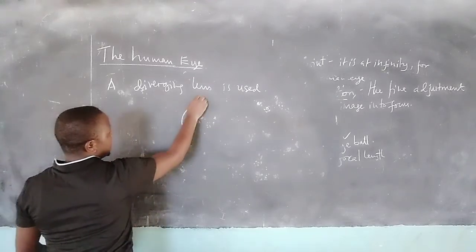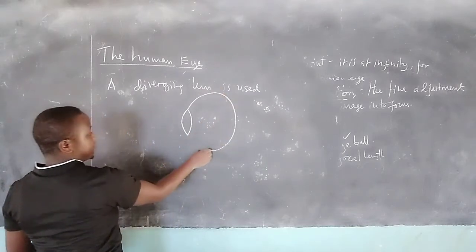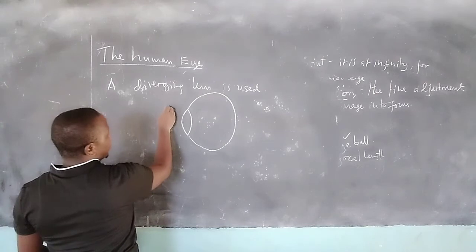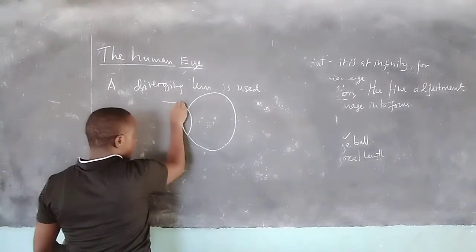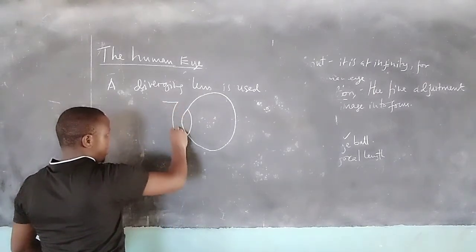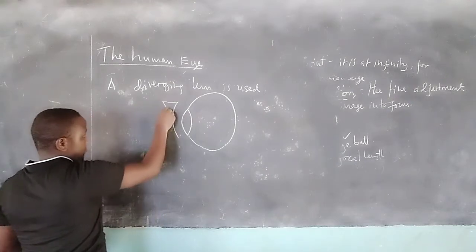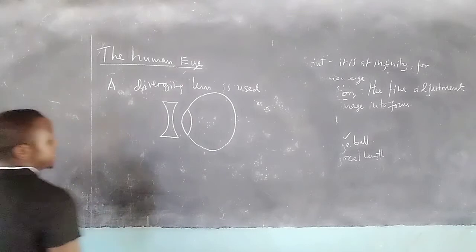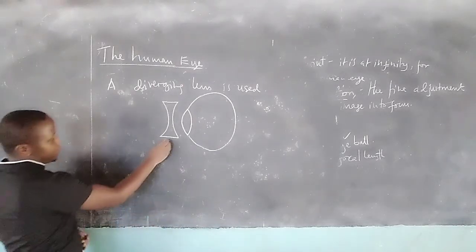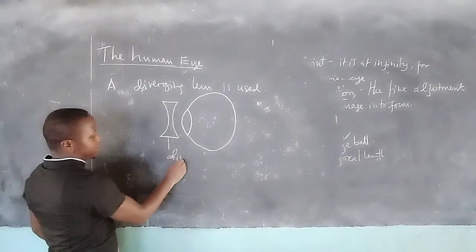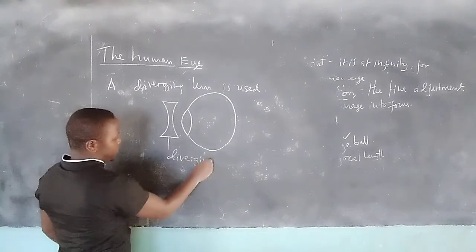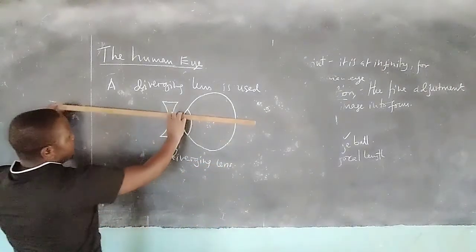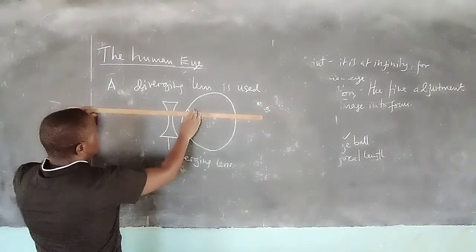If this is the eye, a diverging lens is placed between the eye and the object, such that if rays are from a distant object,